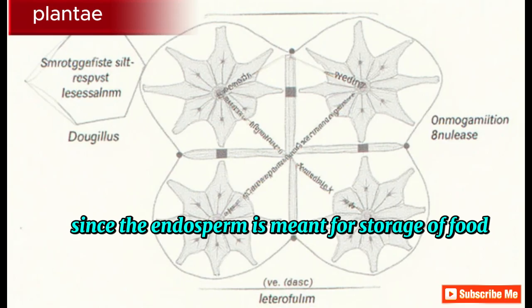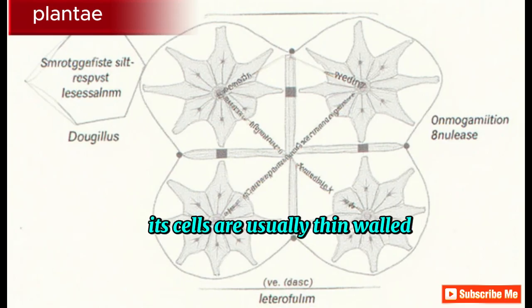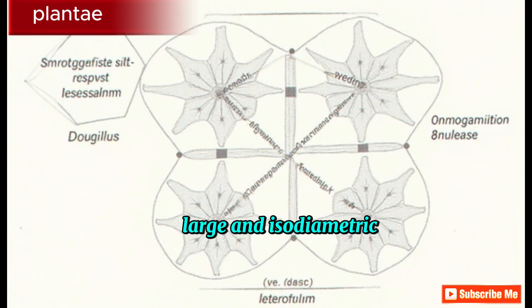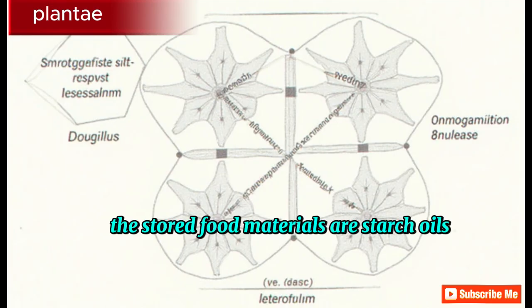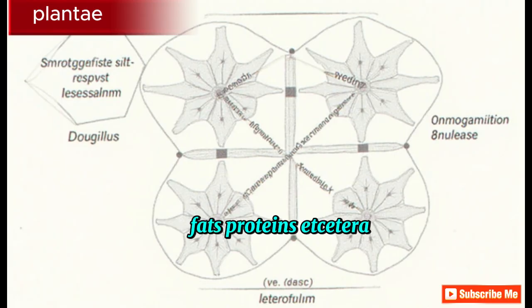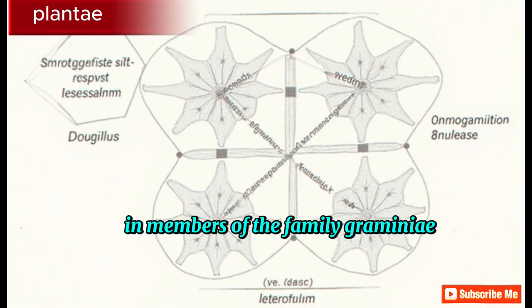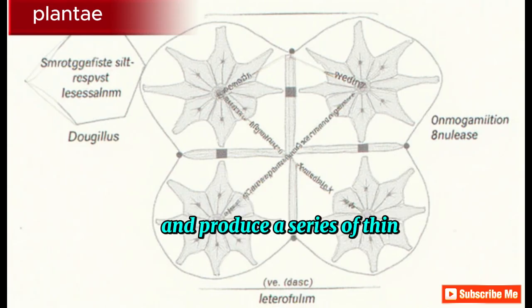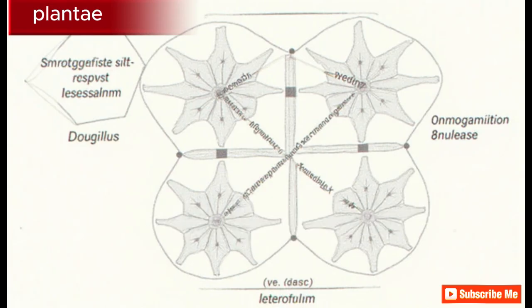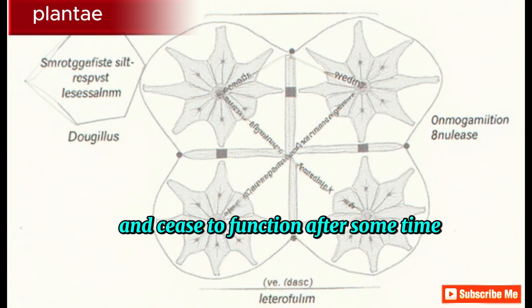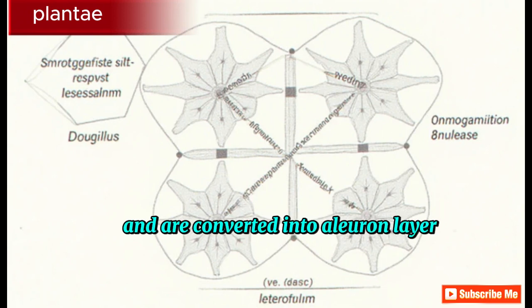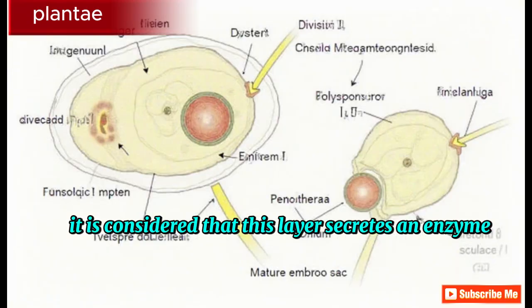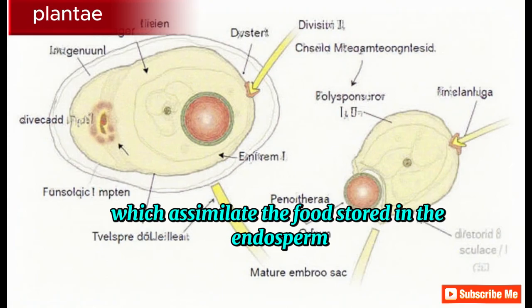Since the endosperm is meant for storage of food, its cells are usually thin-walled, large, and isodiametric. The stored food materials are starch, oils, fats, proteins, etc. In members of the family Gramineae, the outermost layer of the endosperm acts as a cambium and produces a series of thin-walled cells towards the inner side. These cells become filled with starch and cease to function after some time, and are converted into the aleurone layer. It is considered that this layer secretes an enzyme which assimilates the food stored in the endosperm